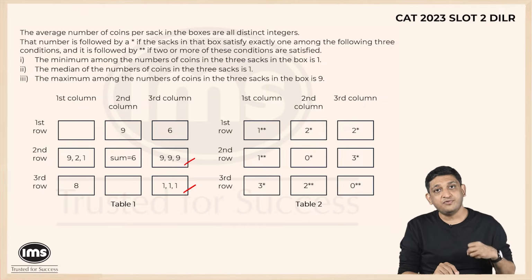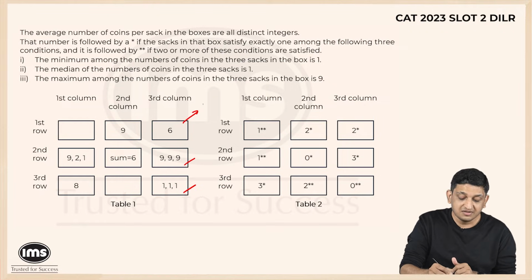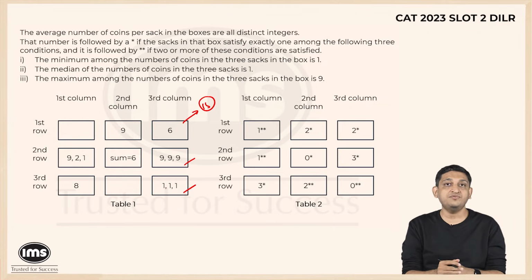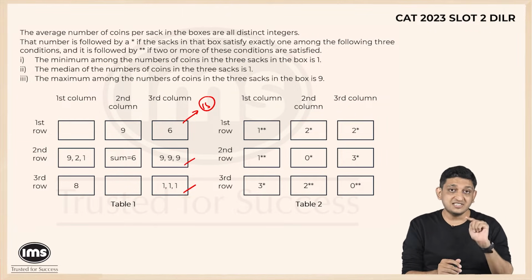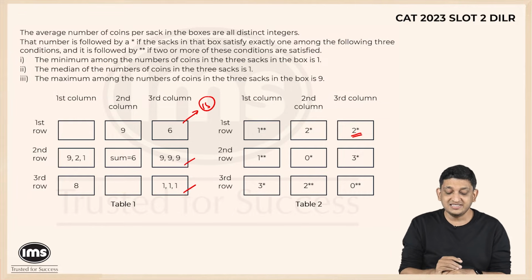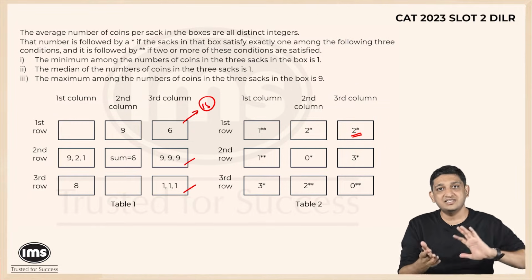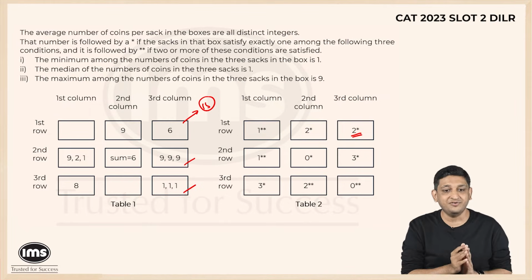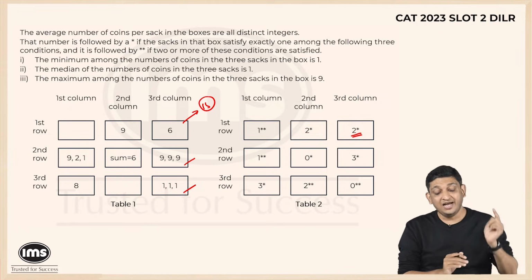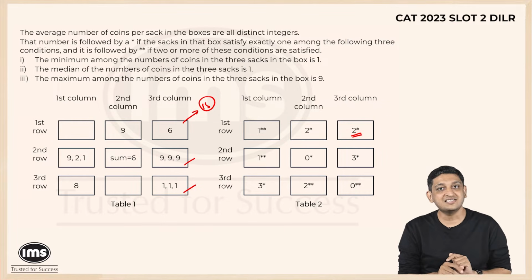Now if you have already accounted for 30 and the sum of each column has to be 45, this box has to have sum equal to 15. It also has to have 6 as the middle number. It also has to have one number that is greater than 5, one more number that is greater than 5 because 6 is already greater than 5. I also need one number to be less than 6. So all these conditions will come together.